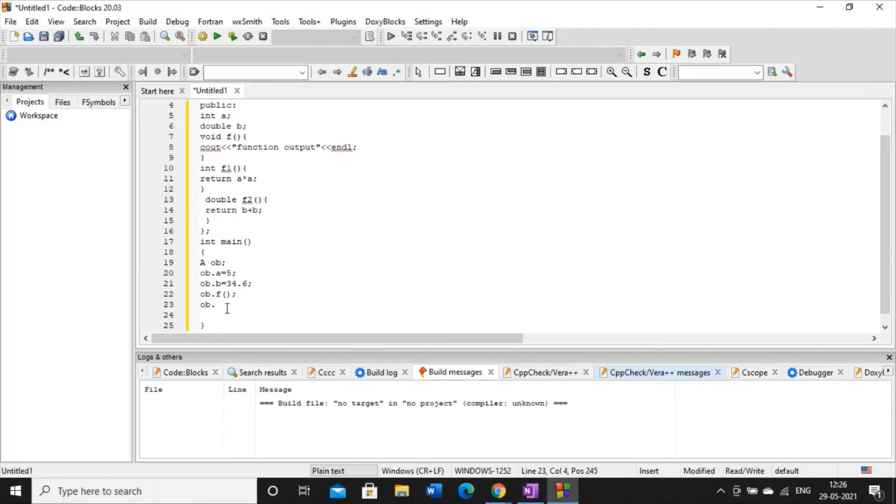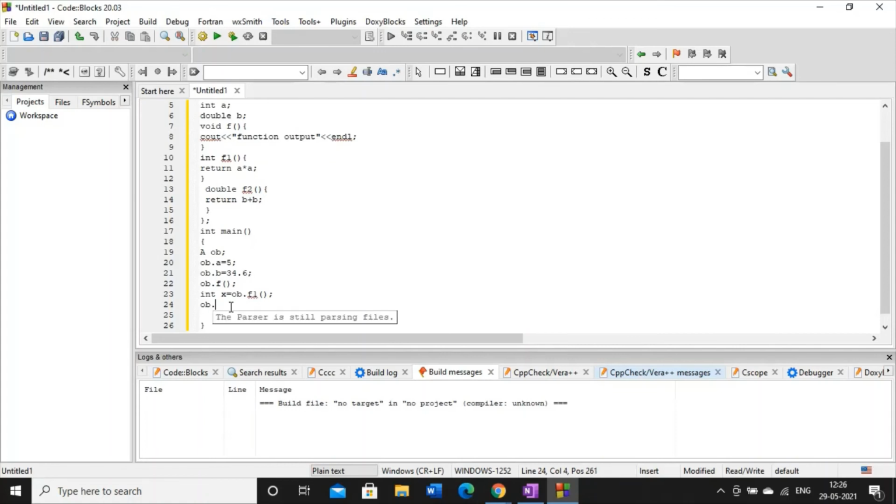So we know that whenever we have a return type, then we cannot write just object dot function name. At this point of time, we have to store the result of this function in some variable. And since this function f1 has return type int, this variable is of type integer. Now, for the third case, we have to call the function f2. So how can we call the function f2? Again object dot the function name, semicolon, and then again f2 has return type double.